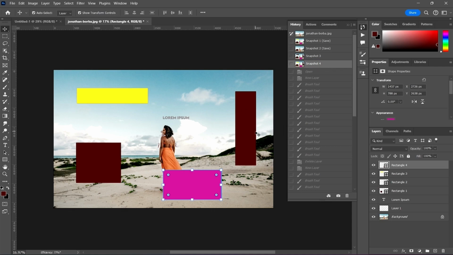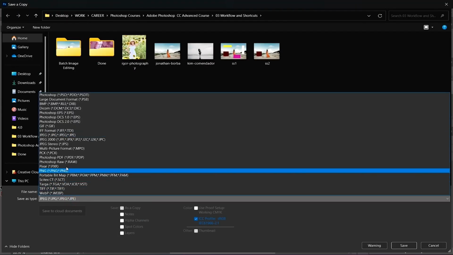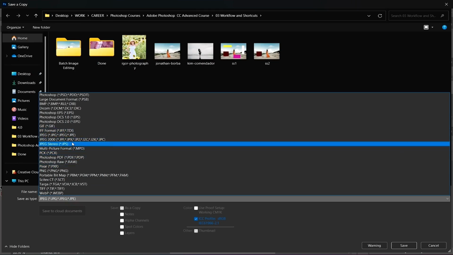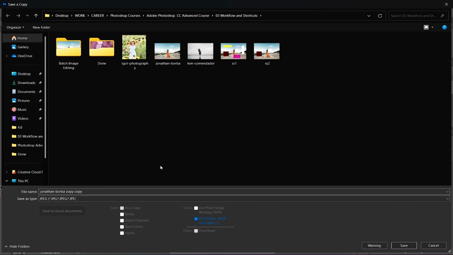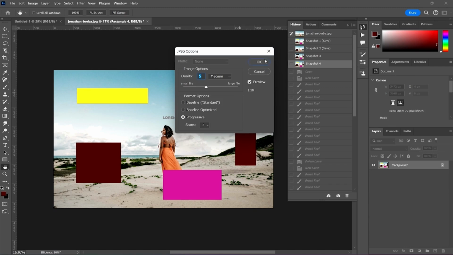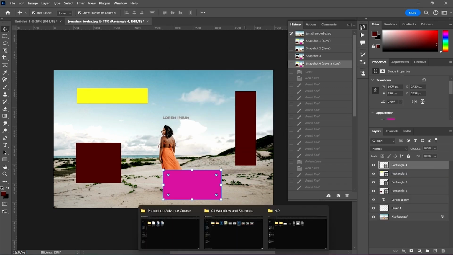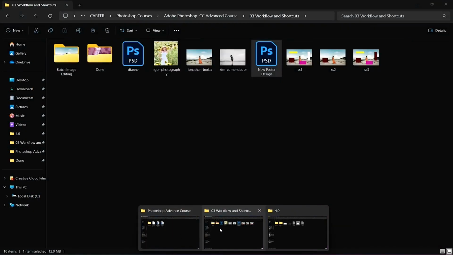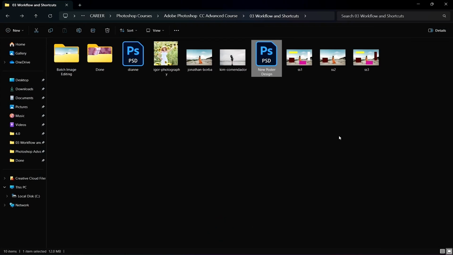Let's save snapshot 4. So Control Alt S or save a copy as. That's SS3. Perfect. So if we go back to our folder,